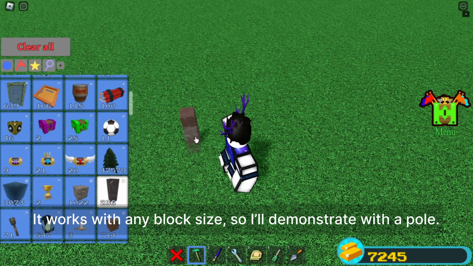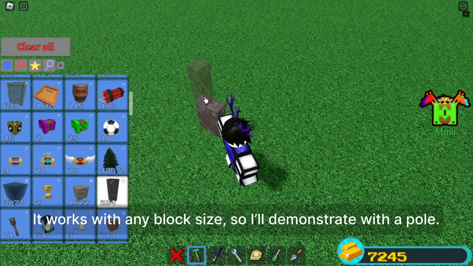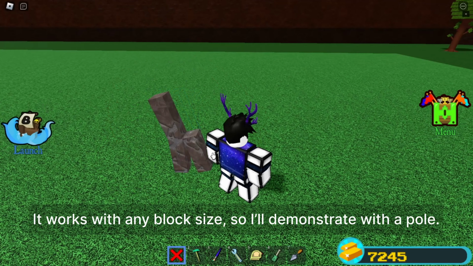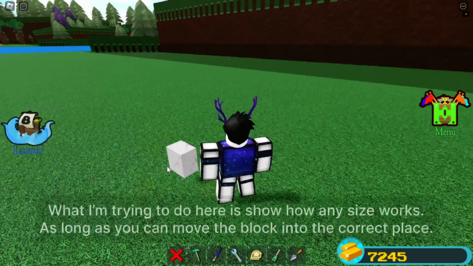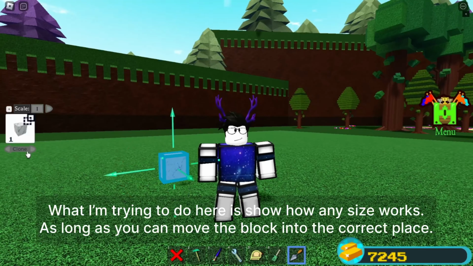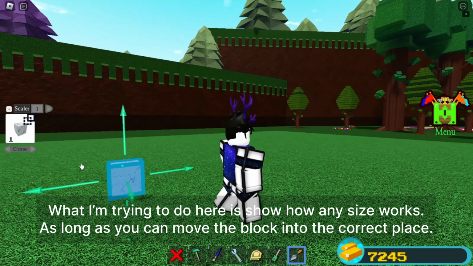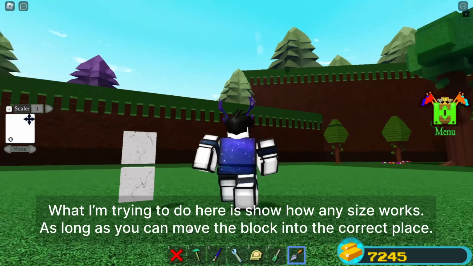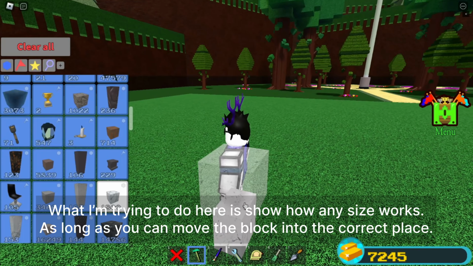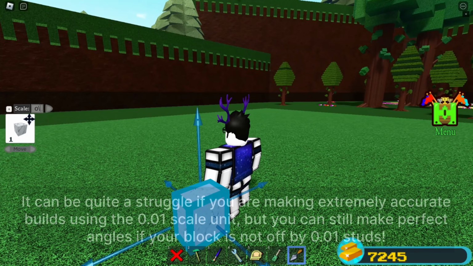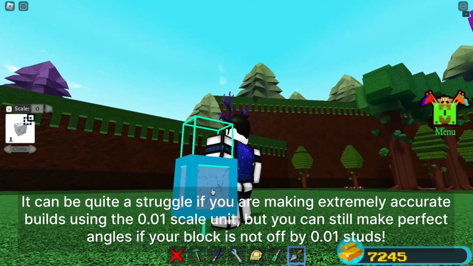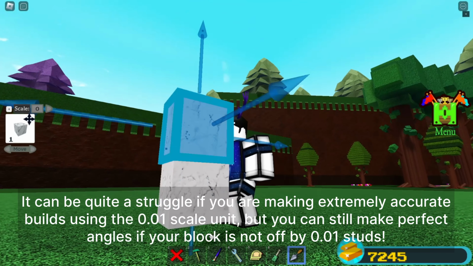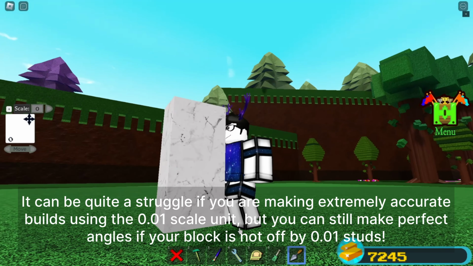So let's say I'll use poles as a good example. You can use poles too. Look at that. Okay, I think this is a weird size. I think this is weird. I don't know. Whatever size you want, just clone it. Oh, but that is an issue. So have fun dealing with that if you're making really accurate builds. It's the best you can get without the scaling tool. You need scaling tool to make these types, but